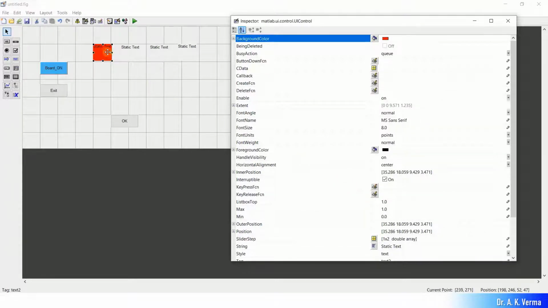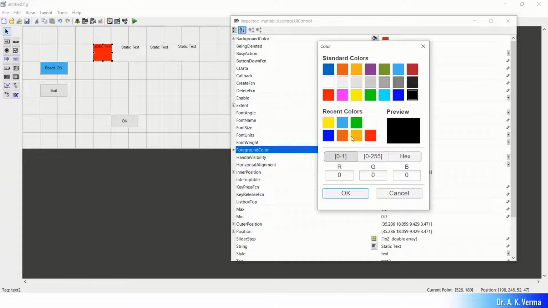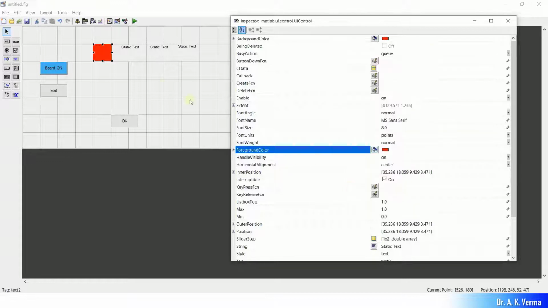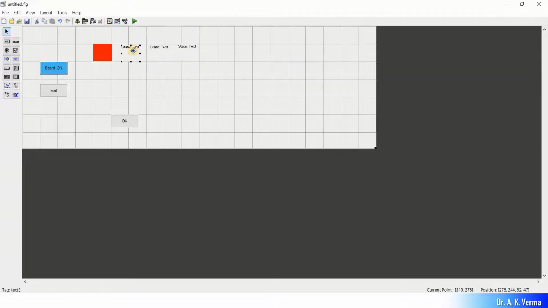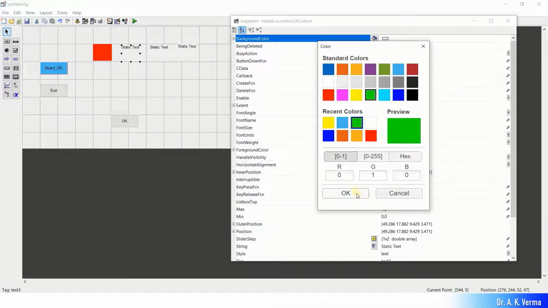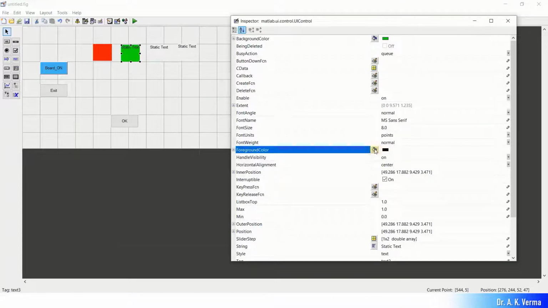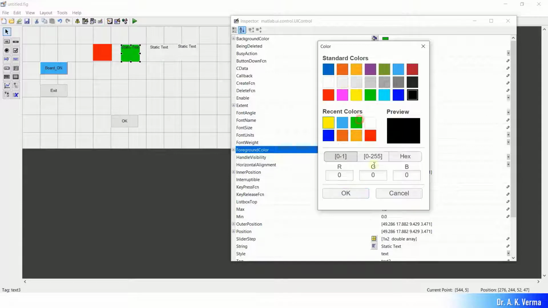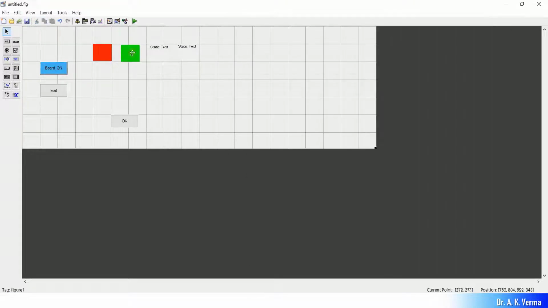and the static text in black color is written here. If you want to avoid it, you can change its foreground color. So you choose the foreground color also red, so it will be invisible. Similarly, you can change the next one to, let's say, green. So this is your green color, and the foreground color is also green. Okay, so this is how you can create all those color fields here, and from here you can create a button